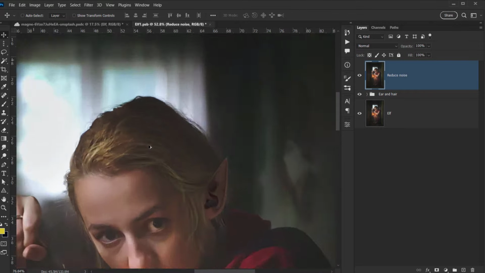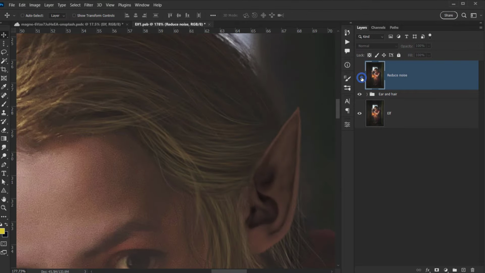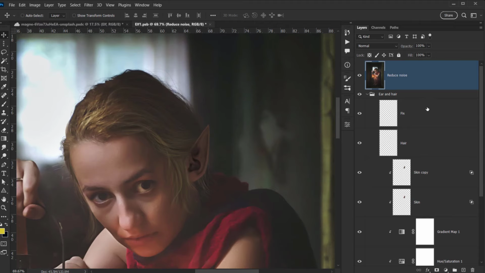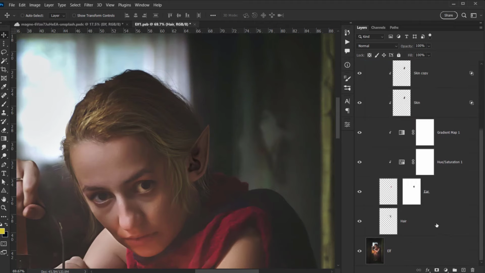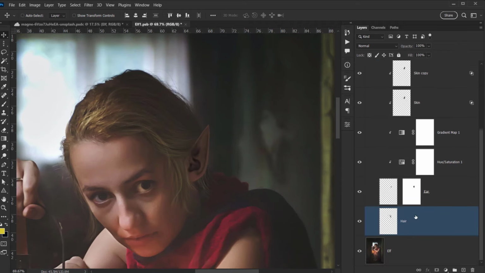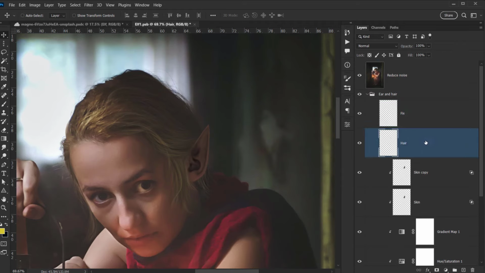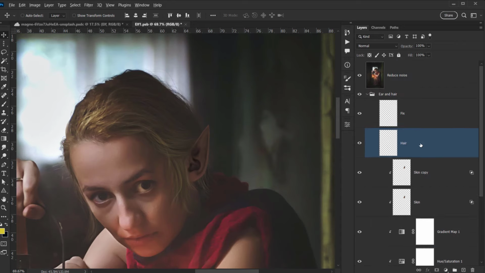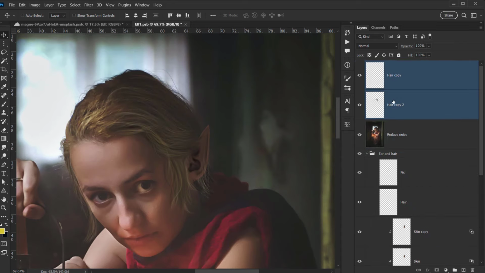Alright, now the problem is we also have the hair that we created. It got a little bit blurred, and to fix that we're just gonna copy the same hair layer that we have in here. So I'm gonna select this hair in here, and this time I will press Ctrl, and this will allow me to select whatever layer without selecting all of them. So I'm gonna select only these two layers, the hair layer in here on top and this one down in here, by pressing Ctrl/Command. And then I'm gonna press Alt or Option, and I will drag them on top of this reduce noise